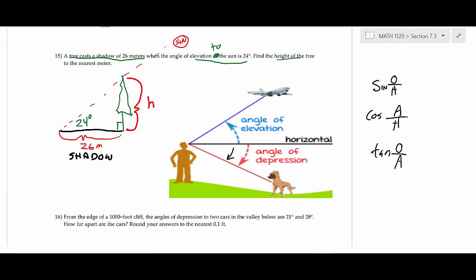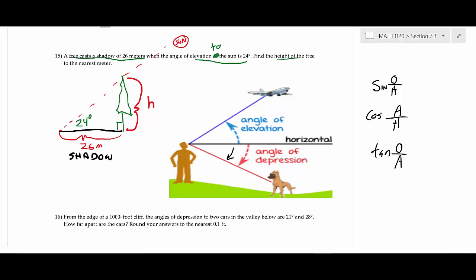You know that angle, right? If you label that out, what do we call that? That's the side opposite. What's that? Adjacent, and that's hypotenuse. So which one would be the best one to use if you have opposite and hypotenuse? Tangent, right? Okay, so you're going to say tangent of 24 equals h over 26, and then you'll have an